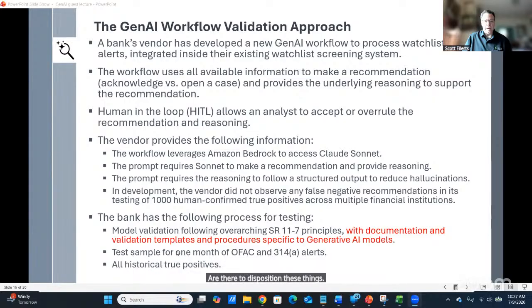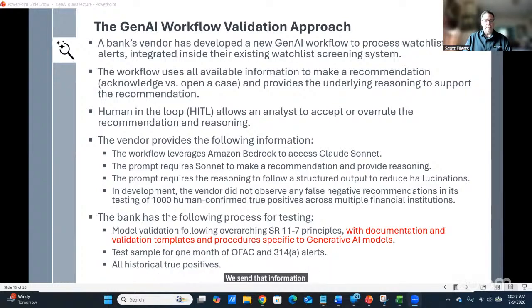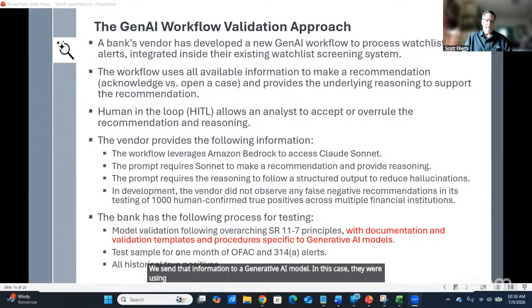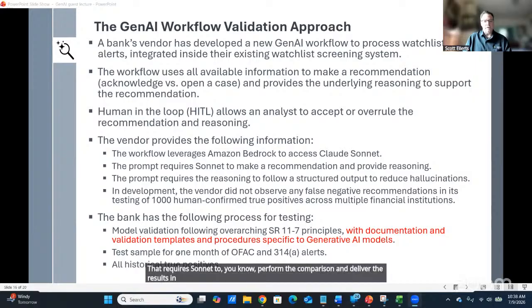So we use a workflow approach. Basically, we take all the information that you saw before, and we send that information to a generative AI model. In this case, they were using Claude Sonnet. There's a prompt that requires Sonnet to perform the comparison and deliver the results in a structured output, which theoretically reduces hallucinations.